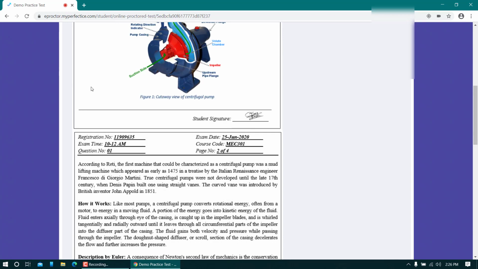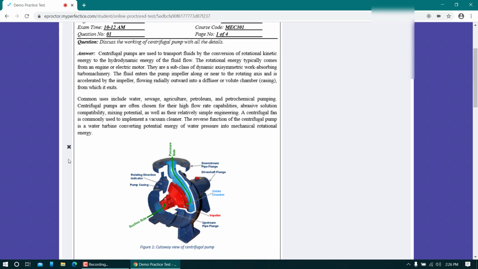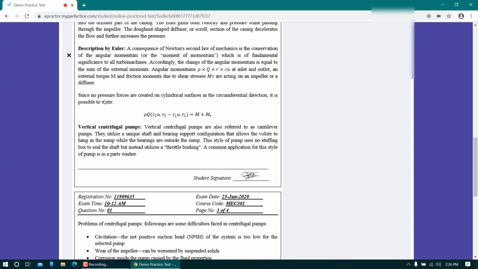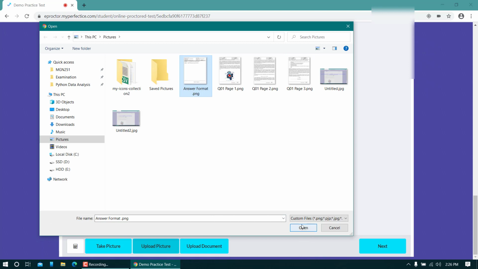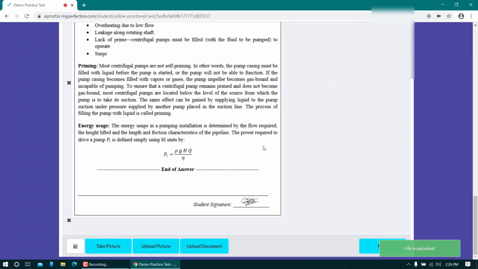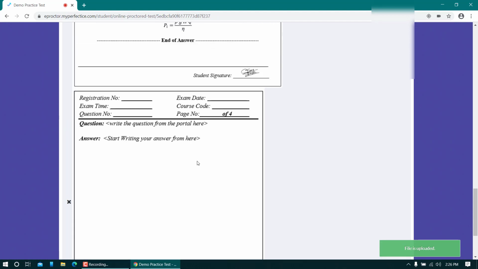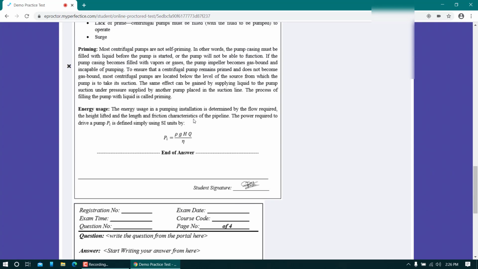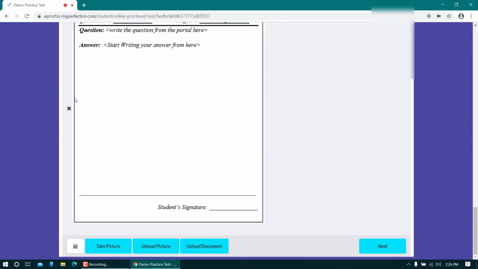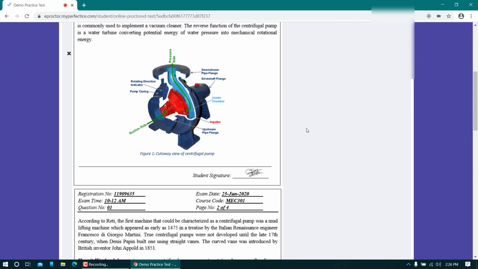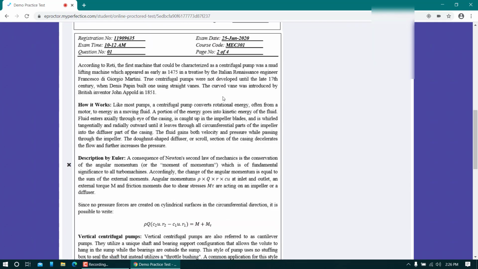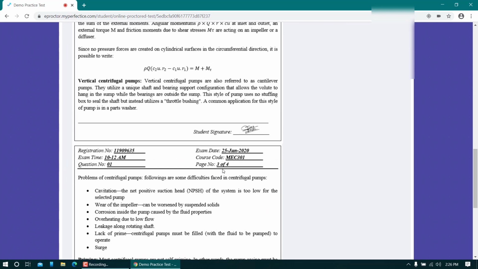Now you also notice that there is a cross button just in case I upload a wrong picture. So let us say I'm going to upload a picture and I have uploaded this picture, which is wrong. Okay, because this is not the answer, this is the format in which I have to write the answer. So this need not be here. Okay, so I have to delete this by clicking on this cross icon. So I'll click on this cross and you can see the picture is gone now, and I'm only left with page 1, page 2 and page 3.